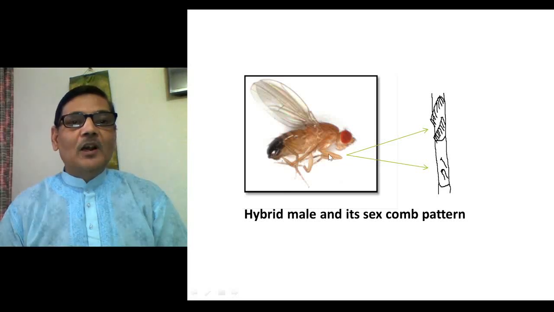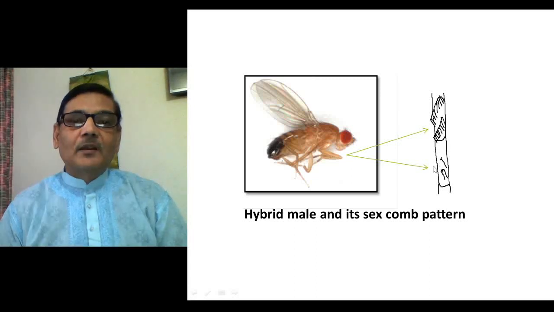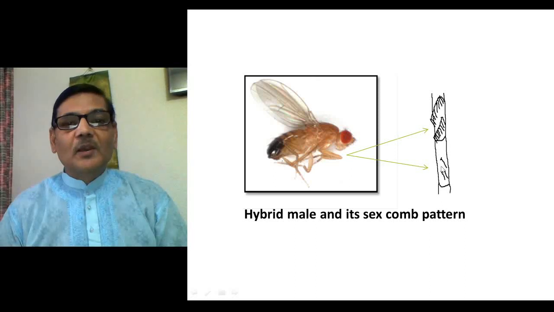But if you observe its sex comb, its first tarsus subsegment will show a sex comb pattern similar to Drosophila bipectinata, and in the second subsegment you will find a sex comb pattern similar to malerkotliana,